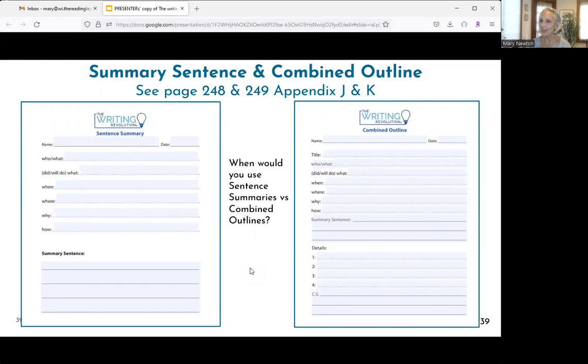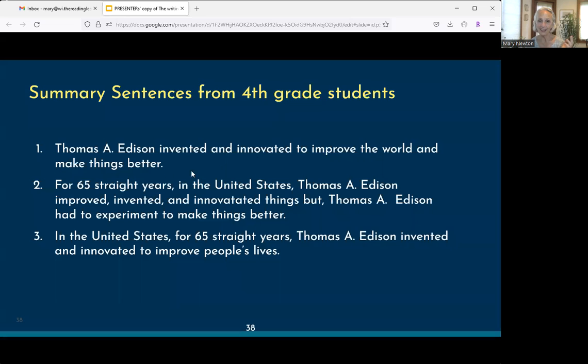Look at number 2. Sentence number 1 is the main idea. Sentence number 2 already has some details hooked into it, right? So I think it is the main idea, but you can incorporate some of your